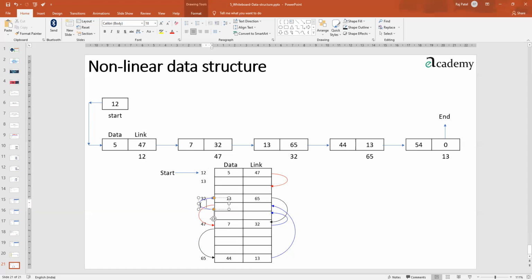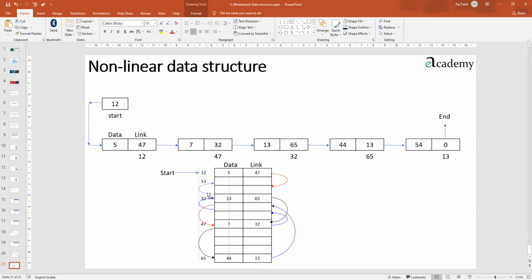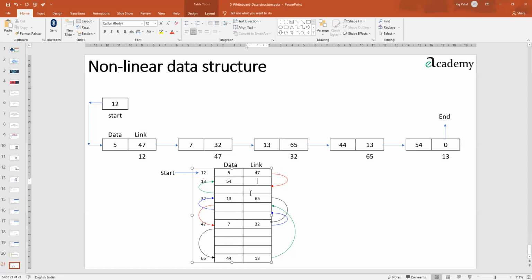So the color of this can be green, and this also. Okay, and from here it has come to 13. The 13th box is 54, and that is the end of this particular link.